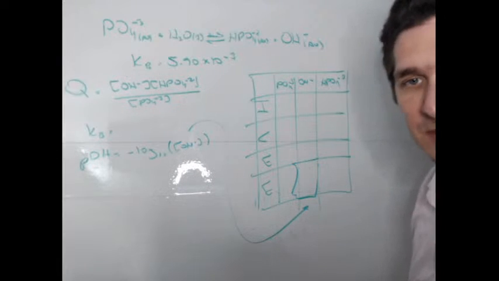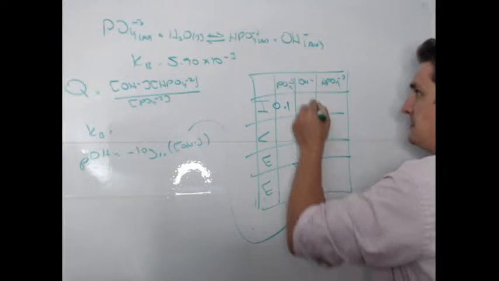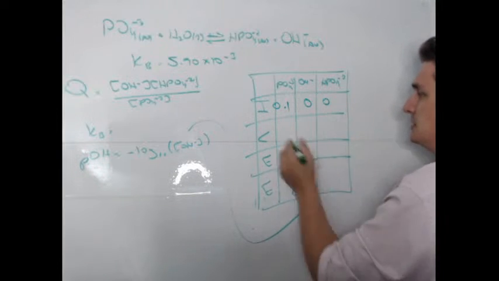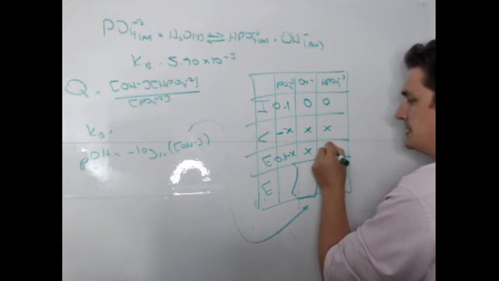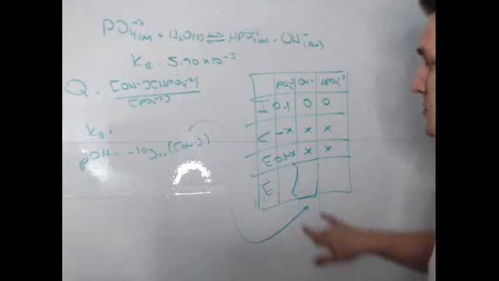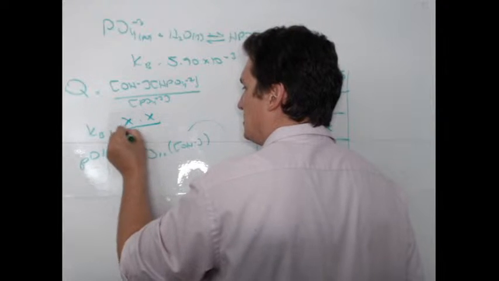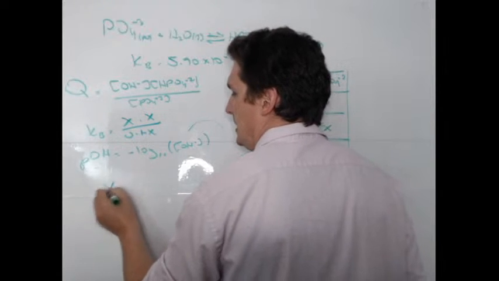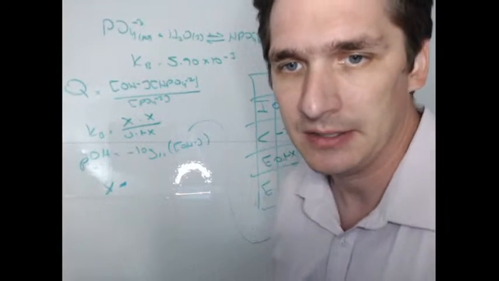Now this is a diagnostic problem, meaning that it's meant to be easy math. So it's 0.1 for the starting concentration of phosphate, 0 for the other two, it's X, and X. So we get 0.1 minus X, and X. So we're going to stick this E row here in for concentration. So we get X times X all over 0.1 minus X. And when we solve for X, thank goodness I didn't close this out, you get